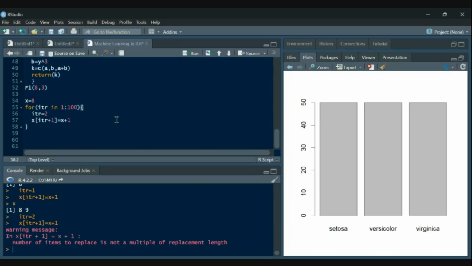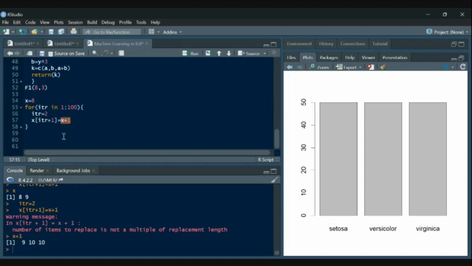Okay, that is good to go. What happened here is, when ITR is 2, if we simply run X plus 1, so 9 plus 1 and 10 plus 1. What it has done here is, X[ITR plus 1] can store only one value, and it is now storing more than 1 value, because X is of length 2.